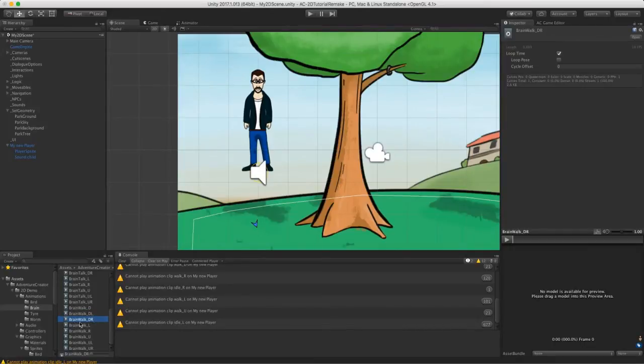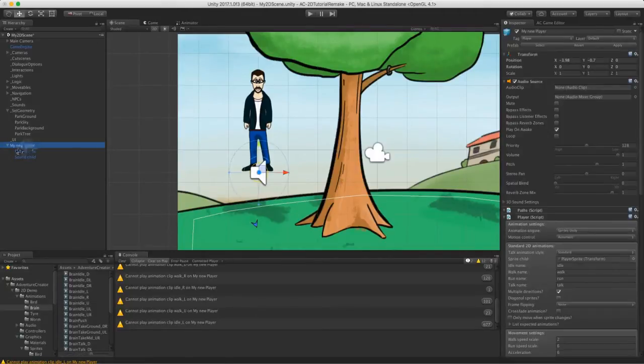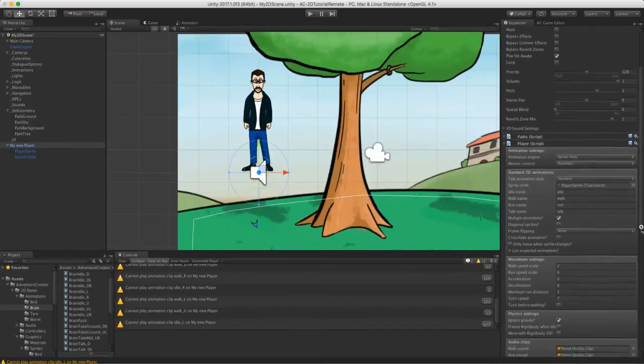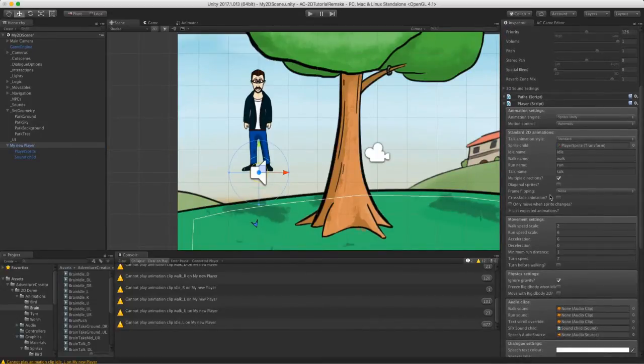So Brain Walk underscore DR stands for his walking animation when he's facing down right. L means left, U for up, and so on. And we can have Adventure Creator play these dynamically by just giving it the name of these animations before the underscore. So back to our My New Player and finding his player component, you can see within his standard 2D